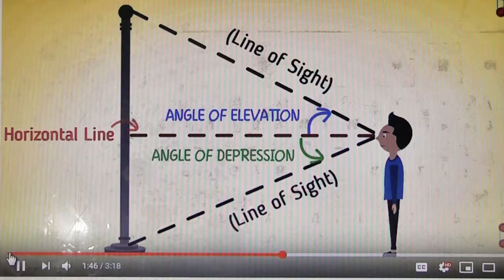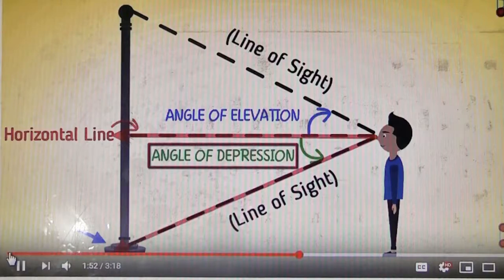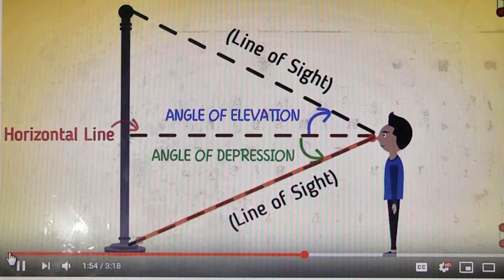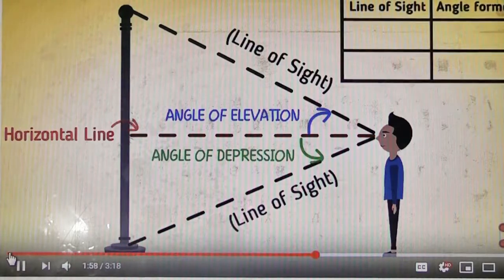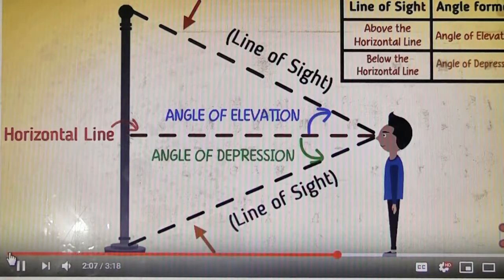It means the angle between the line of sight to the bottom of the flagpole and the horizontal is called the angle of depression. Here the line of sight is below the horizontal line. So when the line of sight is above the horizontal line, it gives the angle of elevation, and if it is down from the horizontal line, it gives